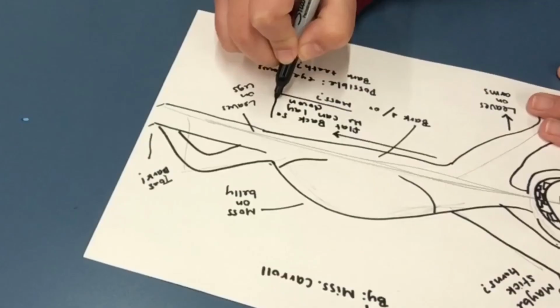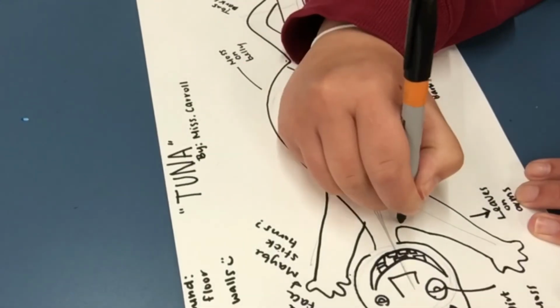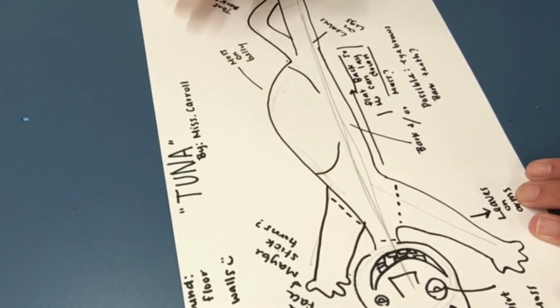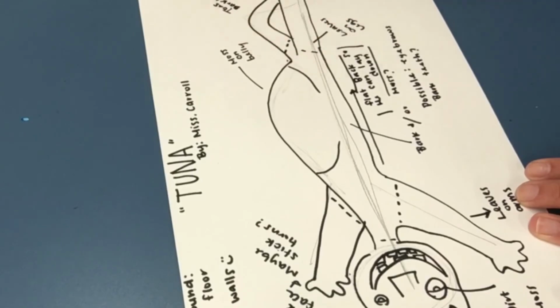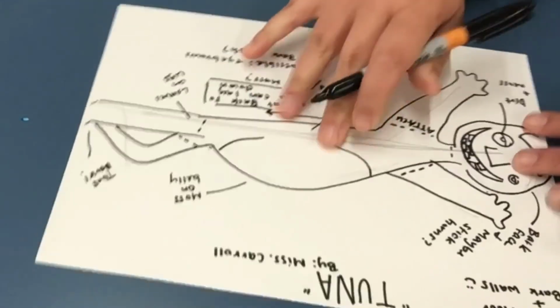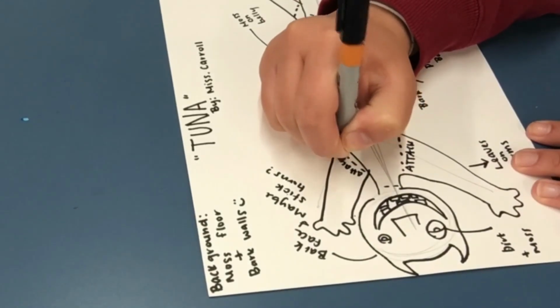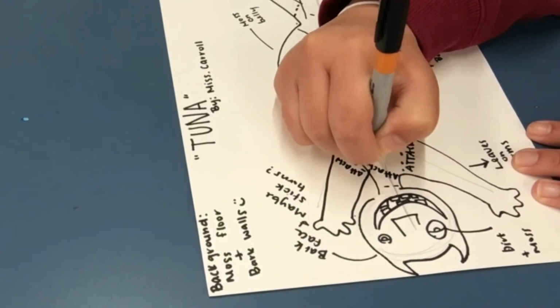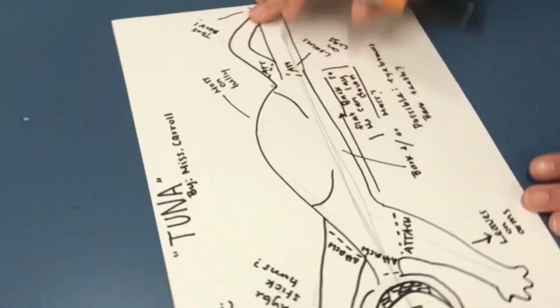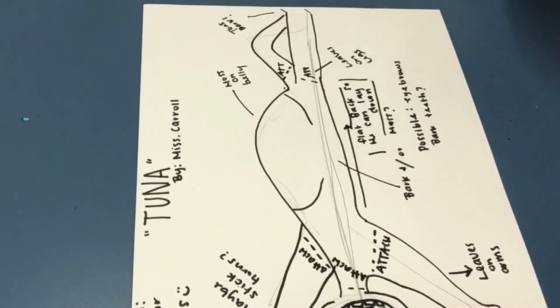So how did I want him to lay? What kind of things do I want on his face? Different things like that. And so I also added little dotted lines on how I'm going to break down my armature when I work on that later. So I decided that I wanted his head to be its own piece, his belly and torso to be its own piece, his legs and his arms to be their own pieces, and I'll be making those individually and attaching them